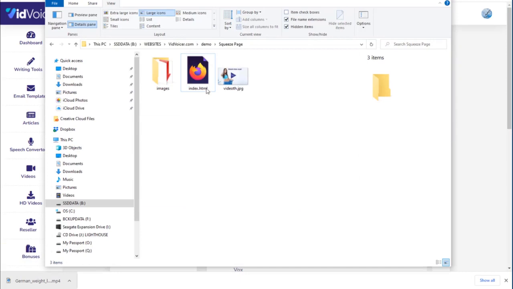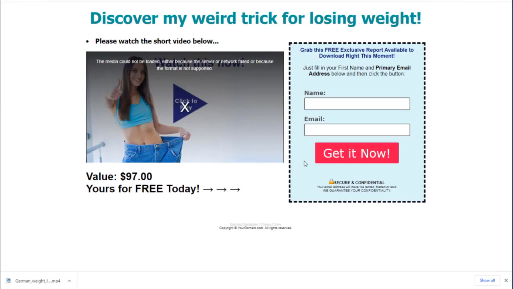So I've got a squeeze page template here. I'll just open that up. Here's my squeeze page template. So I'm sticking with the same theme of weight loss. I just have a simple weight loss related squeeze page. So you can see here on this template, it says the media could not be loaded. That's because I don't have a video here yet. I actually need a video to put in this spot. I've got a video thumbnail that I made, just a static image, but we need an actual video that can